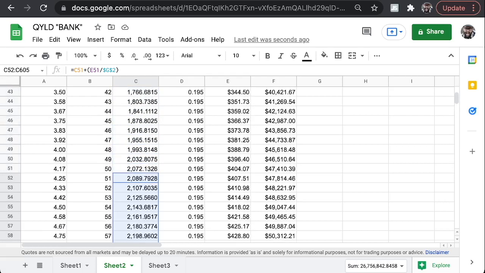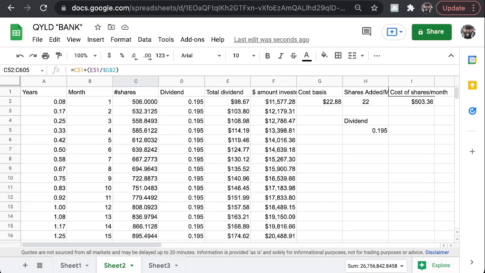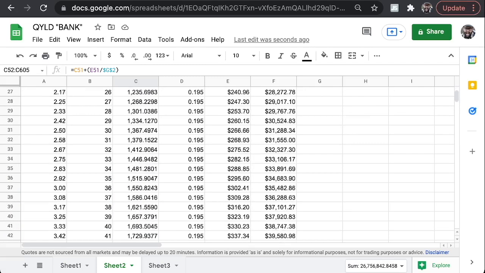So if I wanted to, I could do the next 50 months of me contributing everything to QYLD, and then if I want to keep maxing out my Roth IRA, I can do that in other stocks that will make me more money eventually as well. But since we're focusing on just QYLD, in my situation right now, with 506 shares, I've got 50